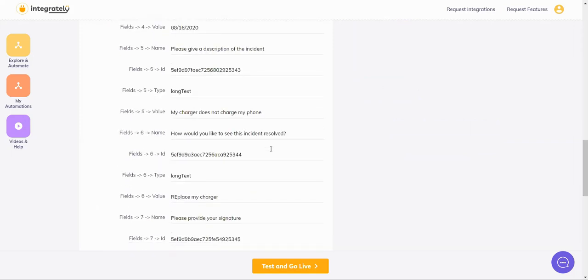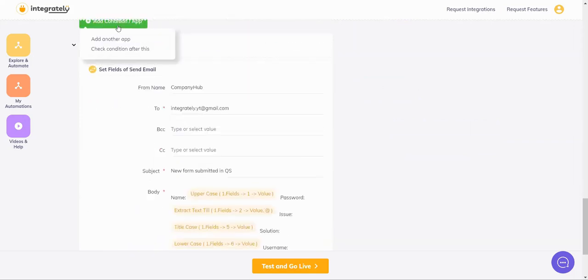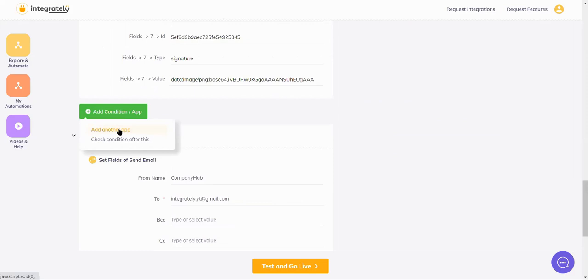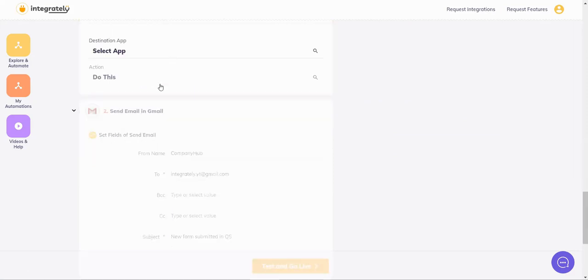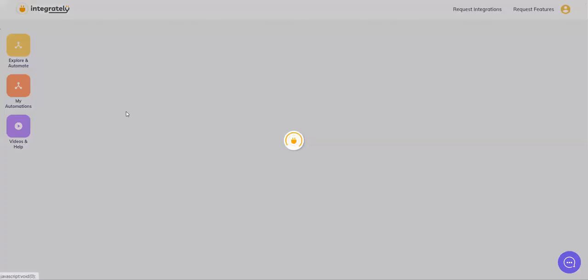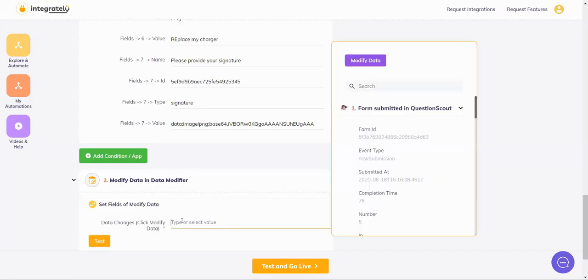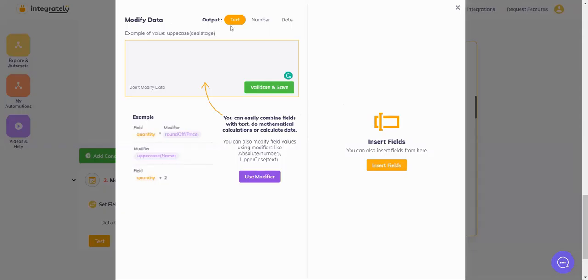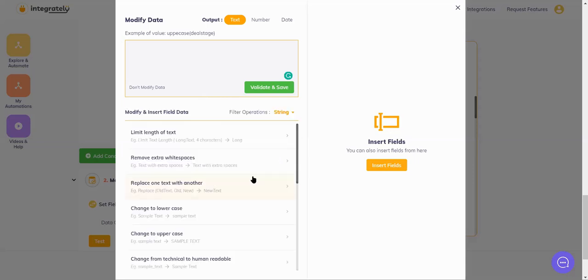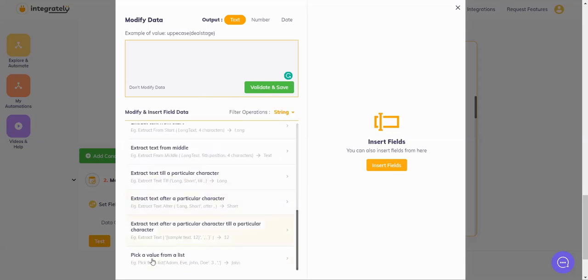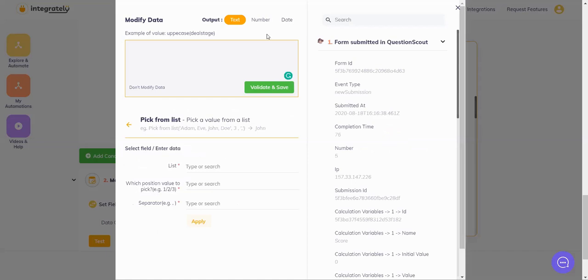I'll say add another app, the same data modifier, modify data. Click here, like it says, click on modify data. We are going to use text only. So we'll say use modifier. I want to pick a value from a list here. Although it's a date, it's kind of text right now.